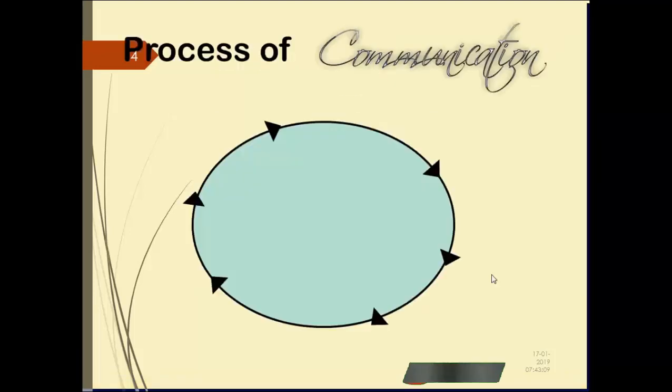So, the process of communication. We have a sender and we have a receiver. Okay, you can't communicate with yourself. Just sit in front of the mirror and start talking to yourself. Maybe there's a problem. Unless you are practicing your presentation. Otherwise, something wrong. Okay? So you have to have at least 2 people or 2 parties. Like in this case, you have a teacher here and I have students. So I'm the sender, you are the receiver. When you ask questions, you could be the sender or give me feedback.